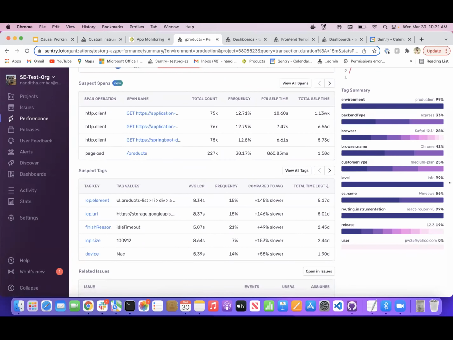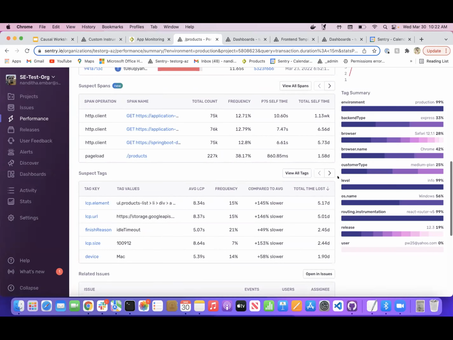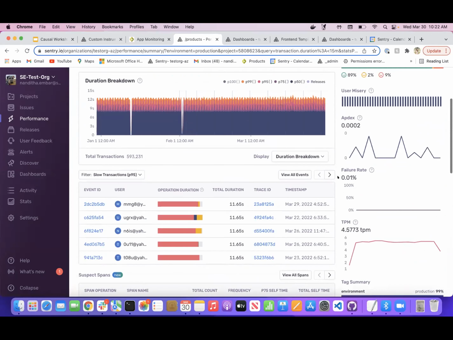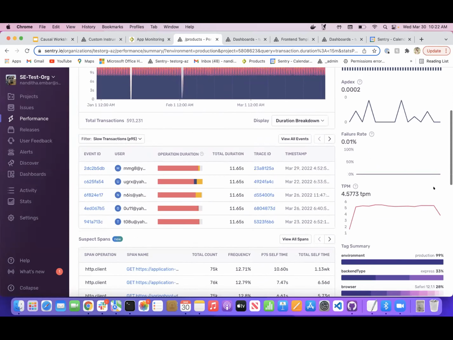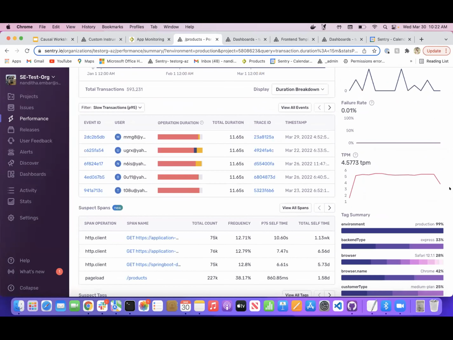Based off of your team's business logic, you can, of course, ship up tag values that are relevant to your team. And at the top here, we kind of briefly talked about these data points previously, but you have context into the misery, Apdex, failure rate, throughput at a more granular level, in regards to this specific